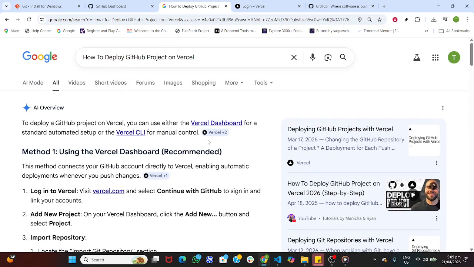From now on, every push to your repository will trigger a new deployment, and pull requests will get their own